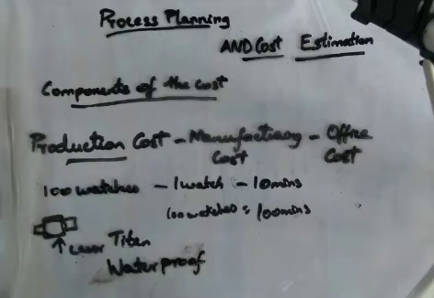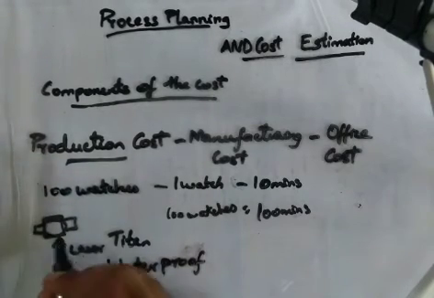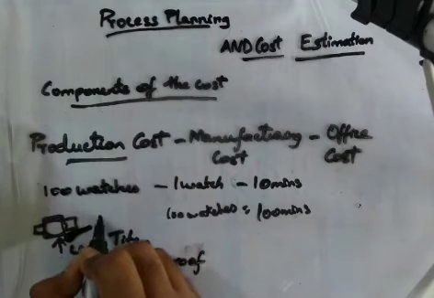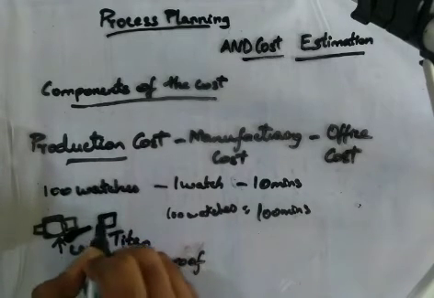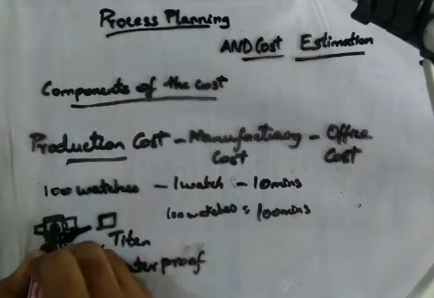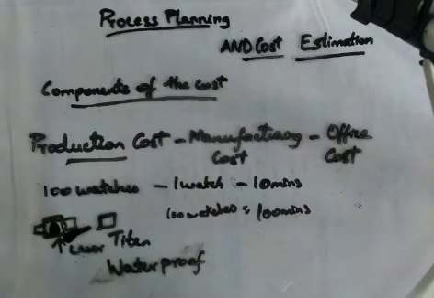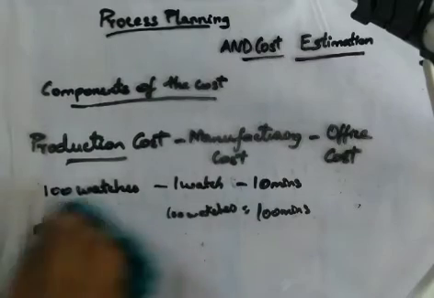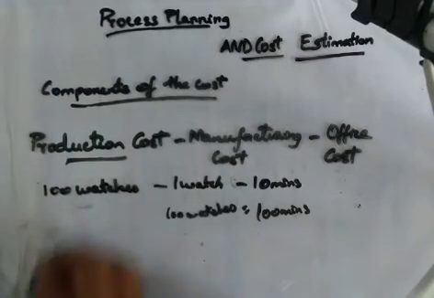Then they'll be making a signature for Titan, some kind of signature. Then they'll be attaching the correct strap. Then they'll be doing quality checking. Then they'll be keeping the needles on this, at some angle. Such works will be done. For that they'll be taking so much amount of time.